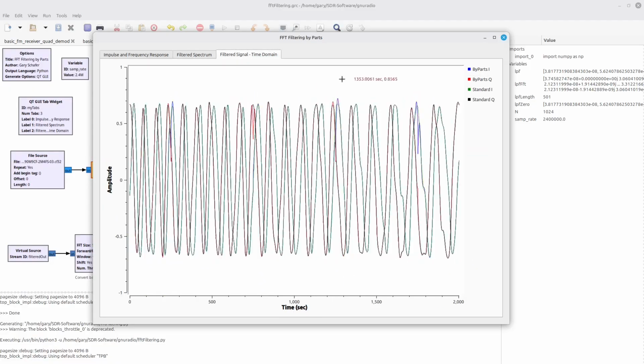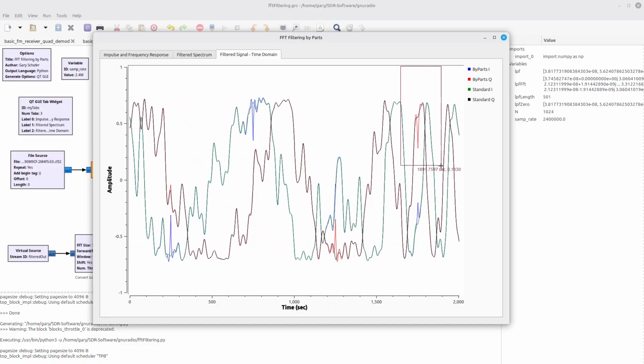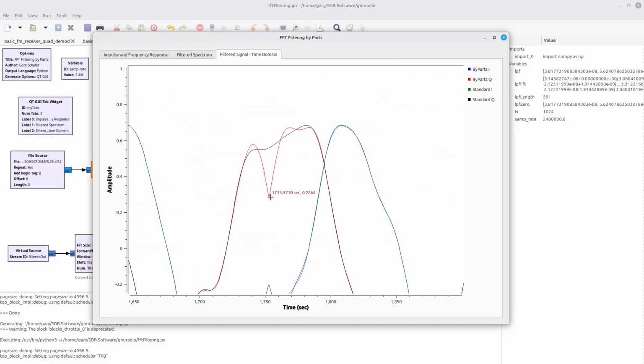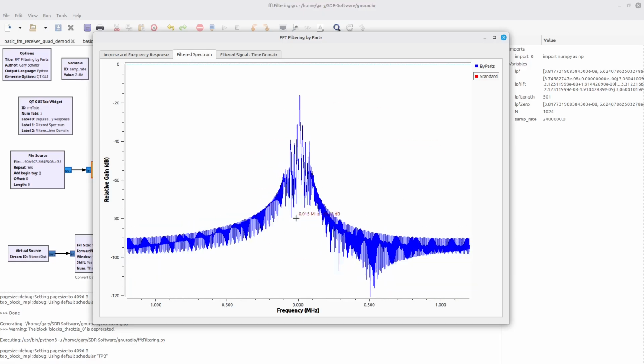Going over here, you can kind of see, let me pause this for a second. What you're seeing is these little impulses. That is where the records are coming together between contiguous FFTs. And that's what's creating all of those impulses. That's what's creating this really bad looking spectrum.